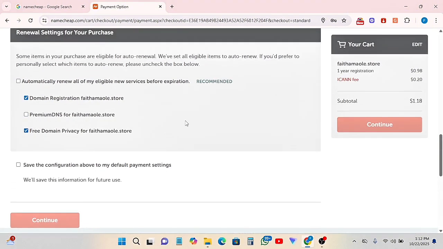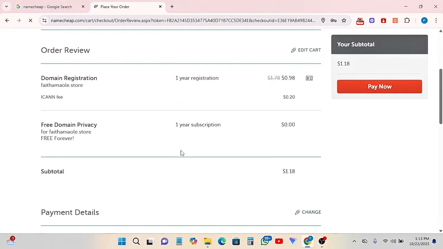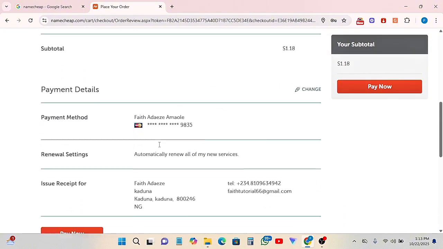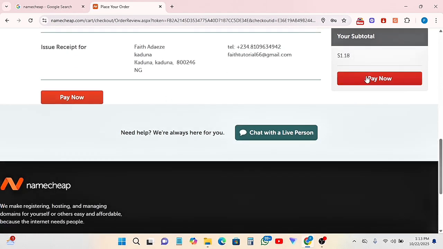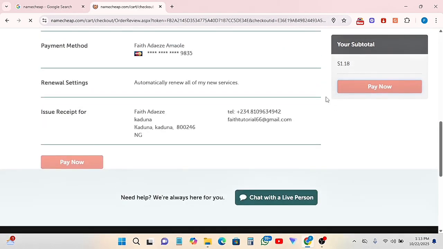Let's go right into it to make payment for this particular domain. You wait for it. So let's view the changes once more. Okay, so we want to review the changes we made. This is 1 year domain and whole domain. This is my card. These are my details. So the next thing I have to do is just to click on pay now. So let me click on pay now